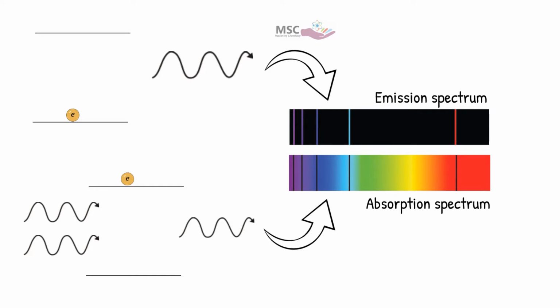According to these facts, an atomic spectrum is a collection of characteristic frequencies of electromagnetic radiation that are readily absorbed and emitted by an atom. Note that the emission spectrum has colored lines on a dark background and the absorption spectrum has dark lines on a colored background. For a given element, the emission spectrum can be superimposed on the absorption spectrum because for two given energy levels, the energy gap remains constant. Therefore, the energy emitted in the emission spectrum and the energy absorbed in the absorption spectrum should be equal.